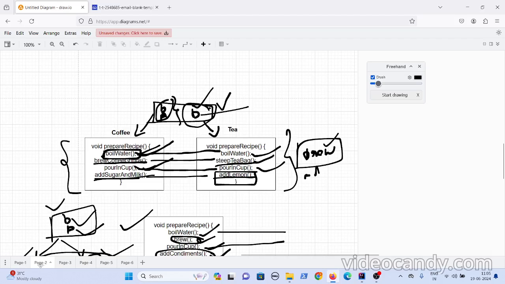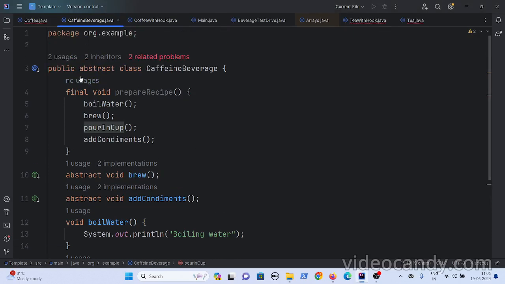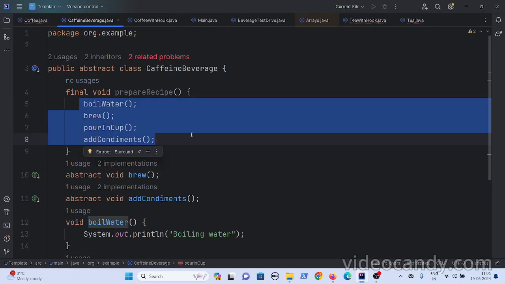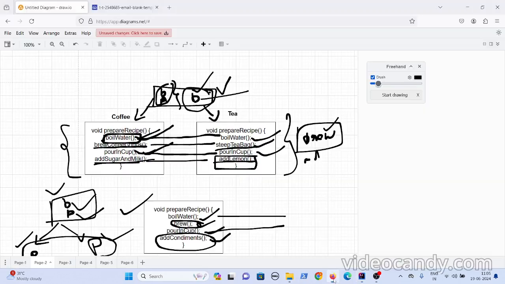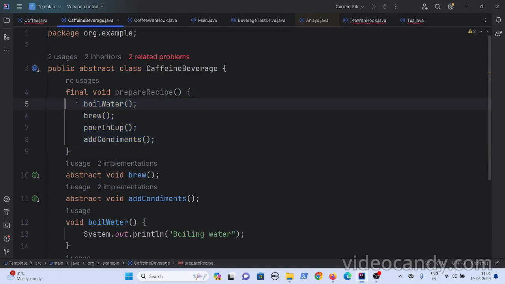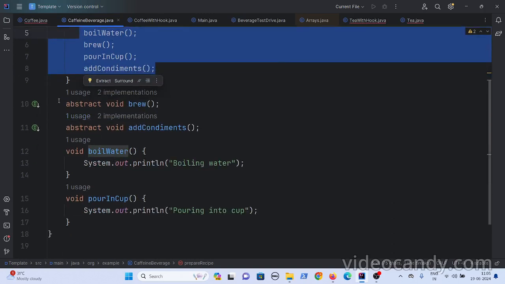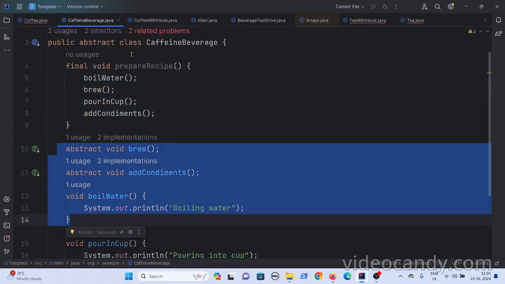Initially, you created a template method, or a template class, where you defined all steps that have to be executed in order. You can compare this with the email template. So you have specified first To, CC, From, Subject. All these methods are common, and their order is specified in the template method, and for a few it has provided the implementation, and for the others the child classes should do.